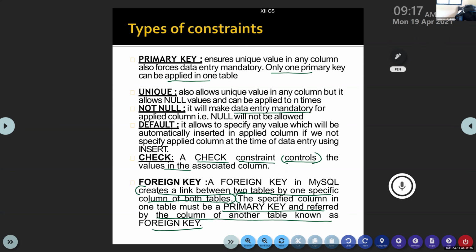Then we'll see one by one how to write the constraints.